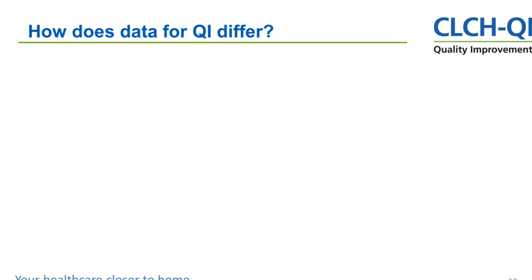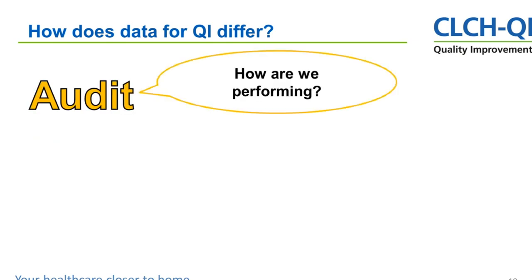This next slide will identify three traditional types of improvement that may happen within healthcare and identify the nuances between these three different types of improvement. The first is audit, which really looks at how a team or a service is performing. It's a predefined time, normally a time in the month, so the first Monday of every month, where a specific performance audit will be carried out. So this may be, for example, the amount of dose omissions there were in the last 24 hours. And normally this sort of point prevalence audit is compared to either an organisational target or a divisional target.